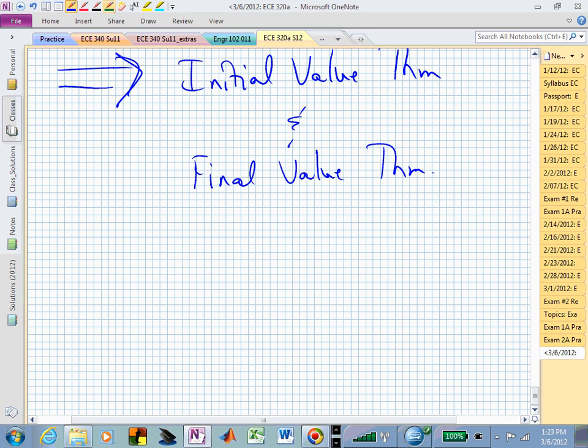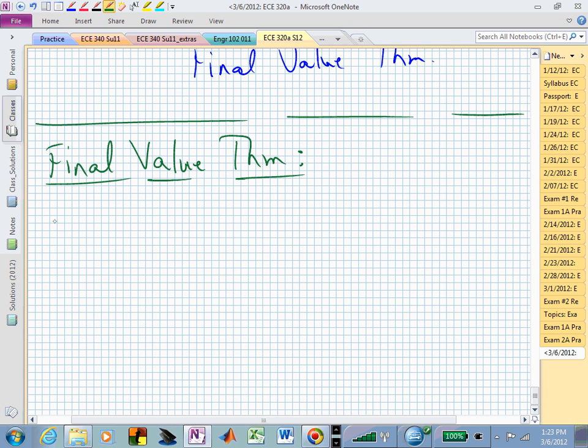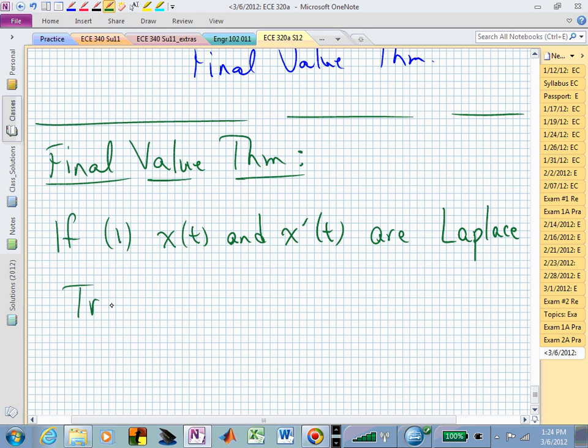Let's look at the end first. Let's look at the final value theorem, because this is probably the one that you will be using more frequently. The final value theorem. First, we have a couple of conditions. If x of t and its derivative, if those two functions, x of t and x prime of t, are Laplace transformable,